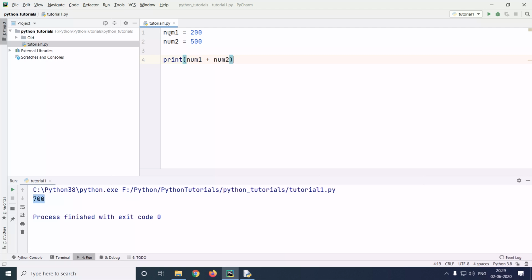I can also add a variable with a number itself. For example, num1 plus 300, and that will work just fine. So this is the basics about variables, your numbers, and how to use your variables and numbers together. In this way, you can achieve many complicated scenarios in the future.